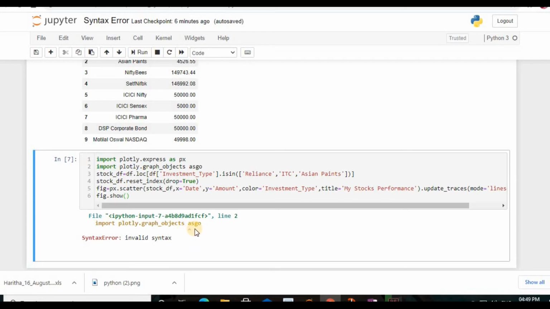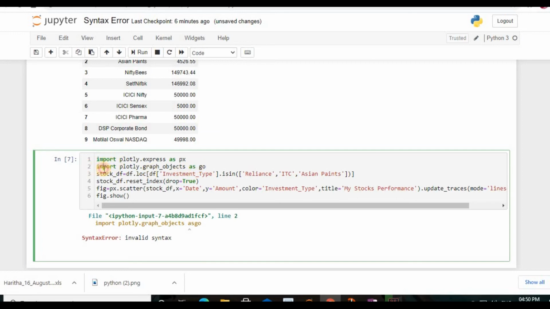Now what does syntax error mean? I wrote a line of code which does not exist in Python. Here the word go is not a keyword that exists in Python. Typically functions have parentheses, but here we are not having functions, so I am just going to give a space. If you observe here, whenever I hit the space button, my word as turned into green color. That means the keyword already exists in Python. That is the meaning of the green color.